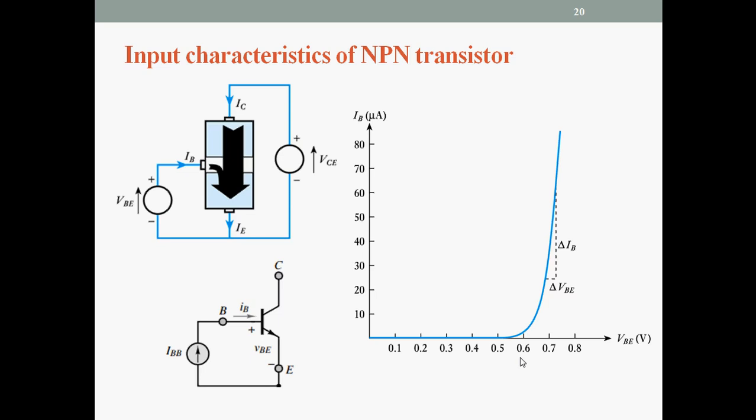So whenever the base voltage is greater than the cut-in voltage of 0.6 volt, there is current flowing into